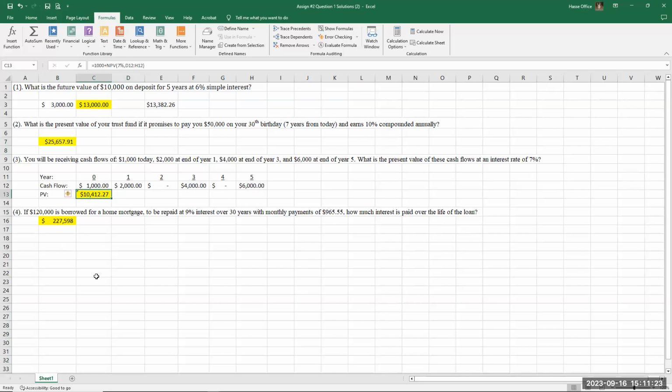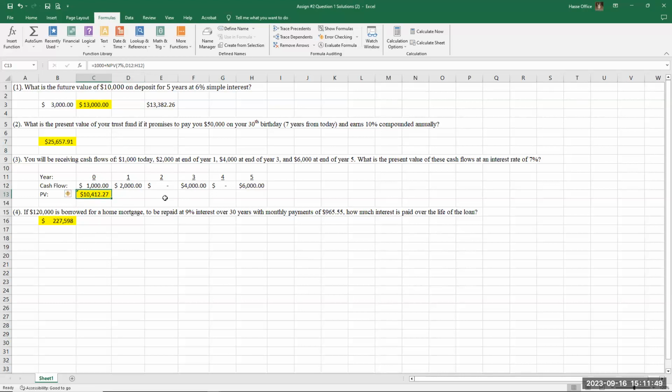What I did is I took the net present value function, added $1,000 to it, which is our $1,000 today, and took the net present value of 7% over the cash flows of year 1, 2, 3, 4, and 5, including the 0 in year 2 and 4. I get $9,412.27, and if I add that $1,000 to it, as you can see here in the cell, I